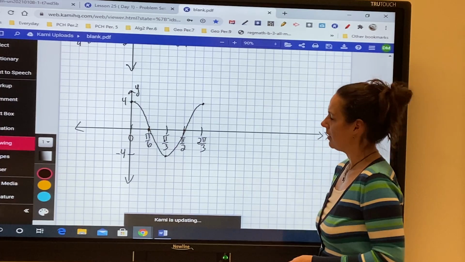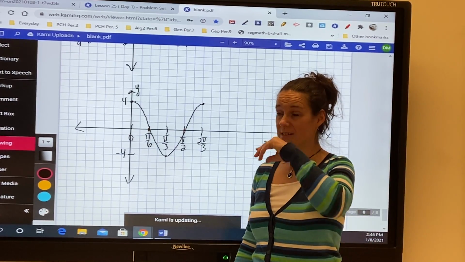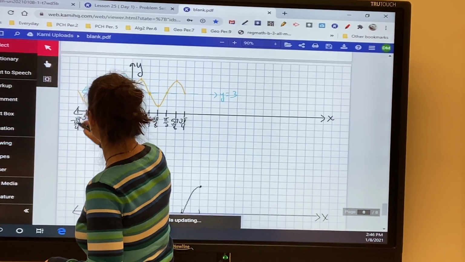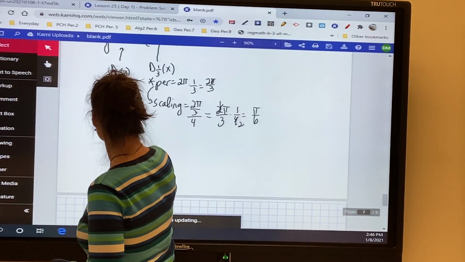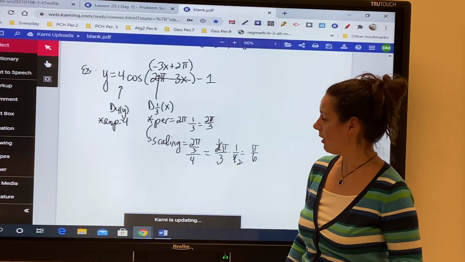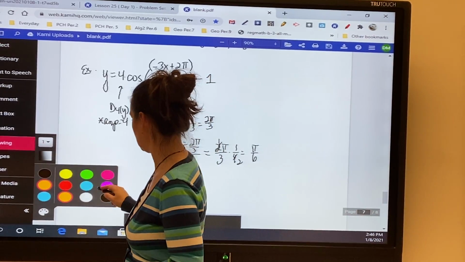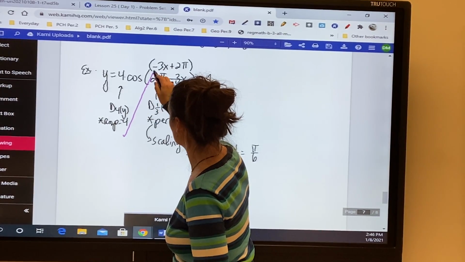Okay, so there's your sketch with just your dilation. So now let's see, dilations plural, okay, so let's see what we have next. Okay, now we're gonna see about any reflections. Well, I see this negation, let me do purple here, so I see this negation right here inside,